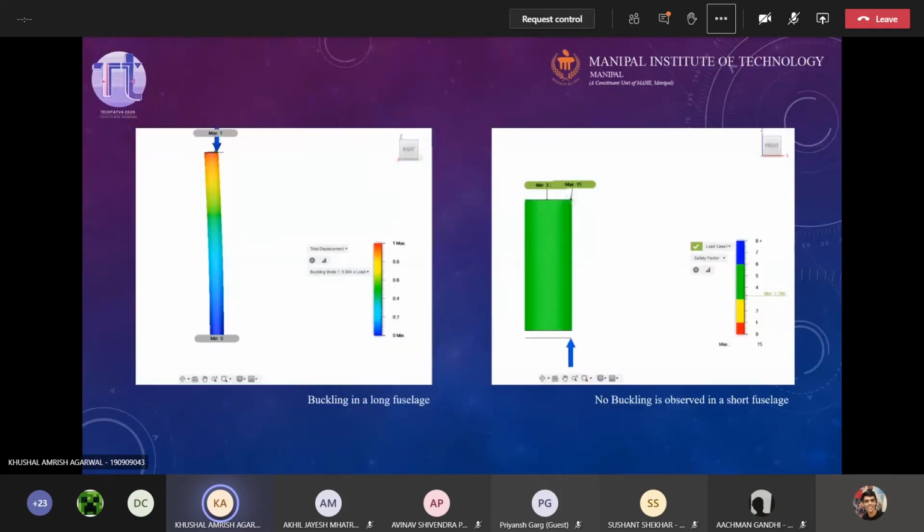Now the next question is, since we have different fuselages for every section of the rocket, how do we join them? Any ideas? As I mentioned before, I've left some space between the bulkhead and the fuselage, and I mentioned that this would be explained at a later point. So this has something related to that. Anyone?